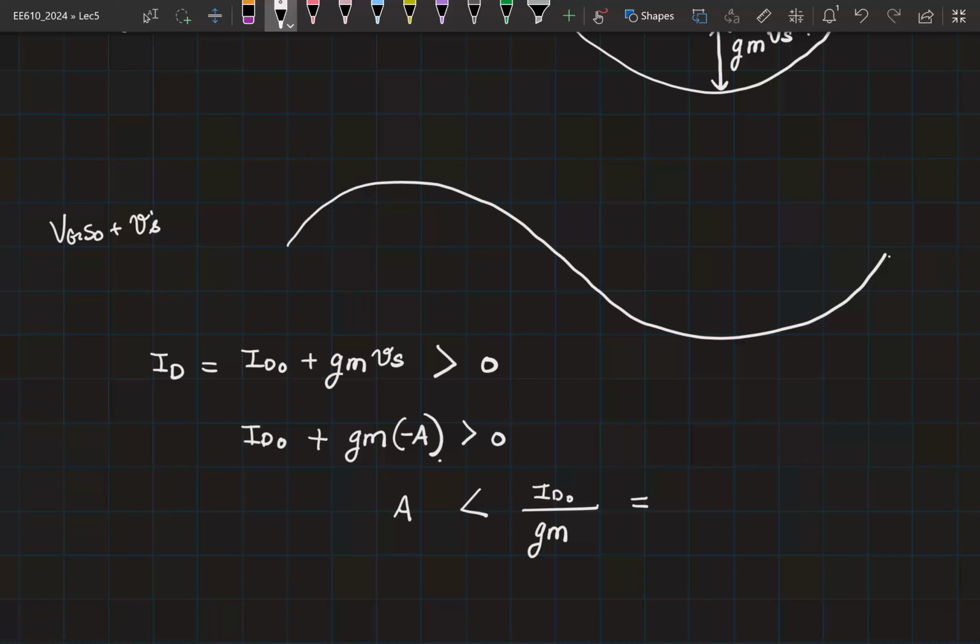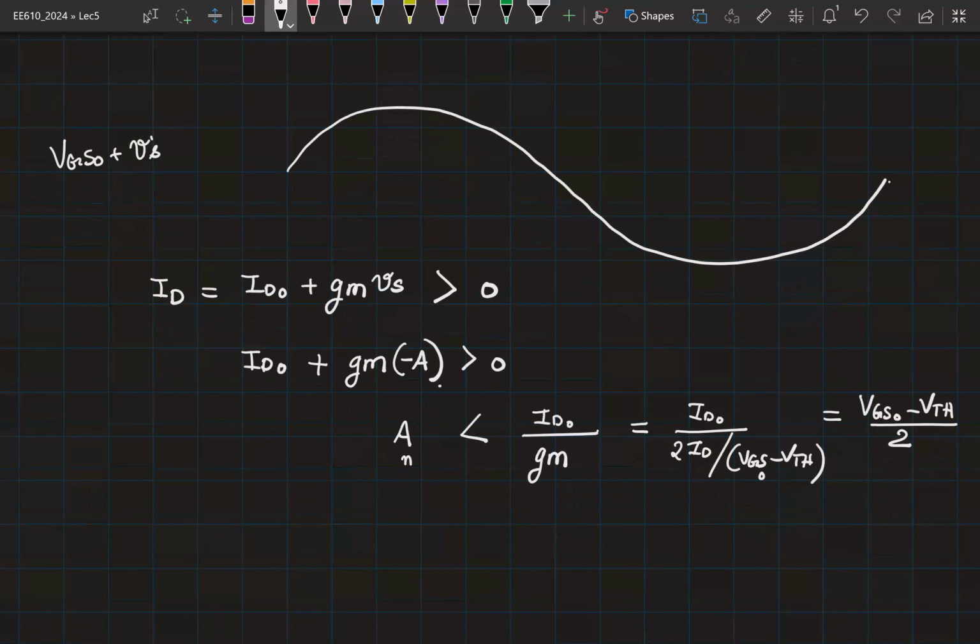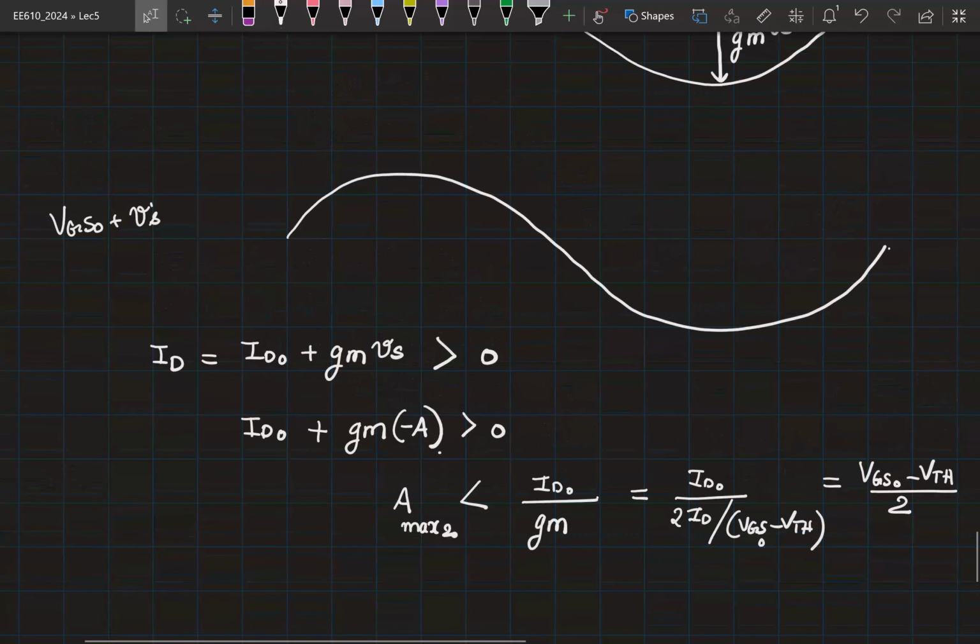I could replace Gm with 2ID by VGS minus VTH, and this would give me A less than VGS0 minus VTH divided by 2. So whatever is the quiescent overdrive voltage, half of that is the other limit for your input signal. So this is A max 2. So same as before,